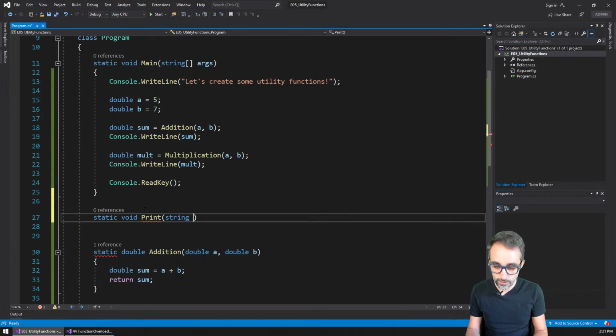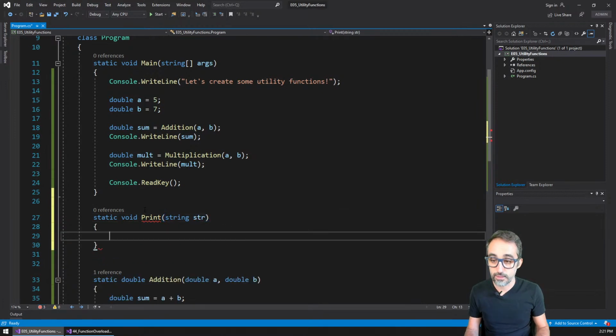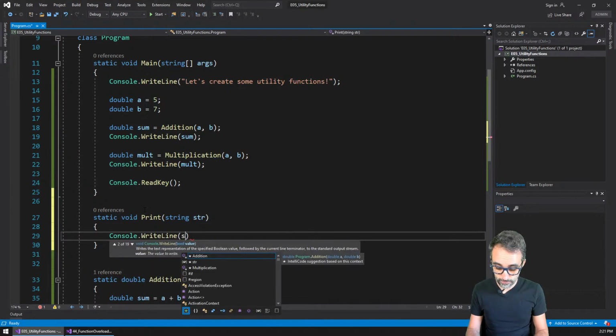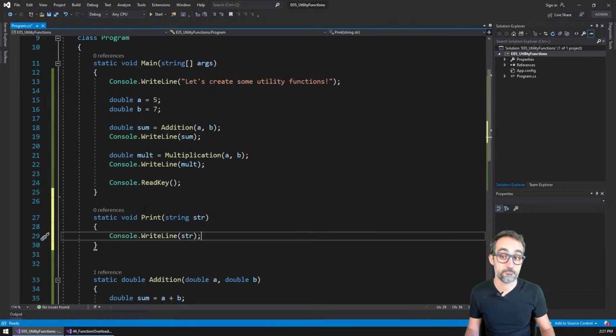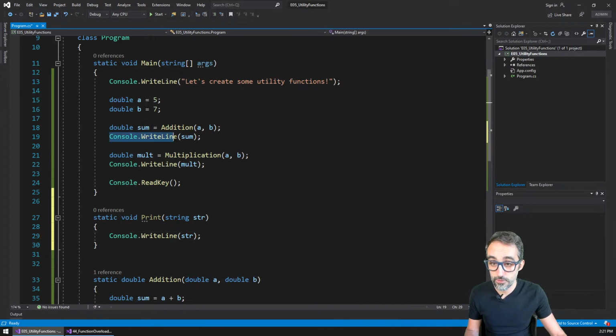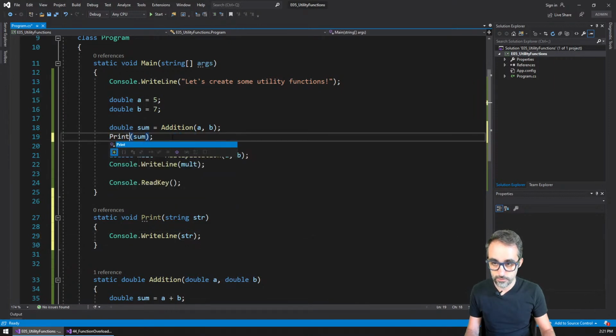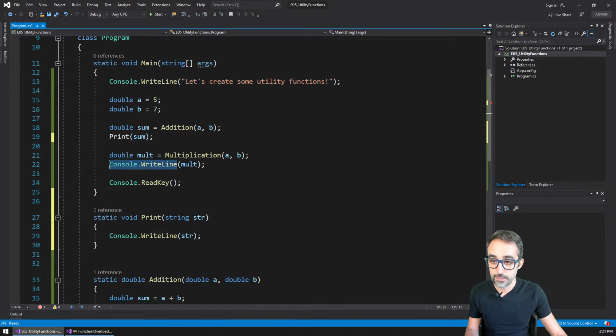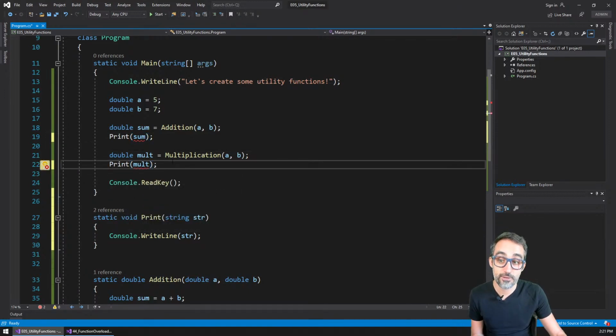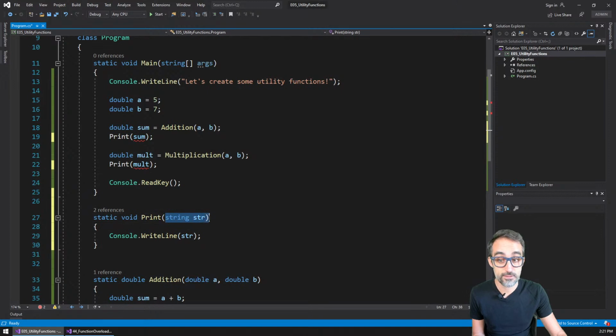And this is going to take a string, which is going to be str. And the only thing that this function is going to do is call console write line with that same message. So now I can substitute here and say this could be called print, and this could be called print. Interestingly, I get an error here because, as you can see, the print function only accepts strings